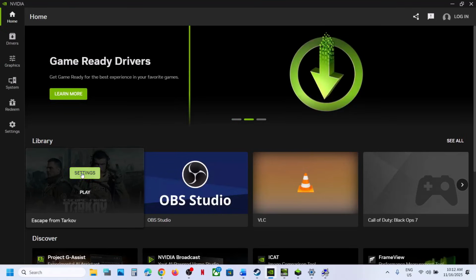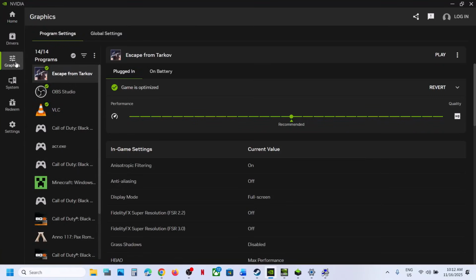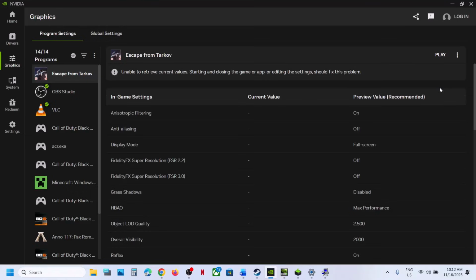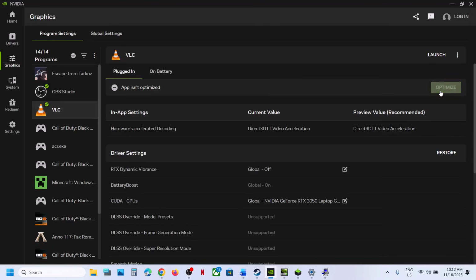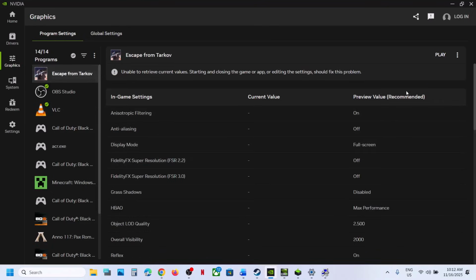If that does not work, you can go to settings or you can go to graphics, and then you can select Escape from Tarkov game. And over here, if it is not optimized, you will see optimize option like this. In my case, I have already optimized. So you can click on optimize, and once the optimization is done, now you can click on play, launch the